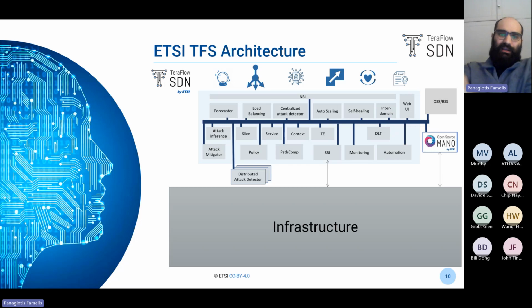This is a graphic we usually use when we want to show TeraFlowSDN. Basically, on the bottom we have the infrastructure. It could be different things, as I will show you in a bit. And then we have all those boxes that are different components. From those different components, some are considered core, in the sense that they provide services and functionality that should exist for TeraFlowSDN to work, and others are more like applications in the general SDN